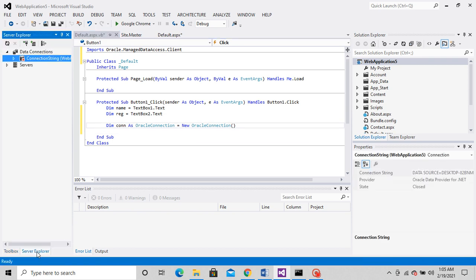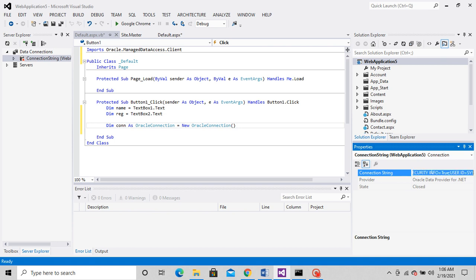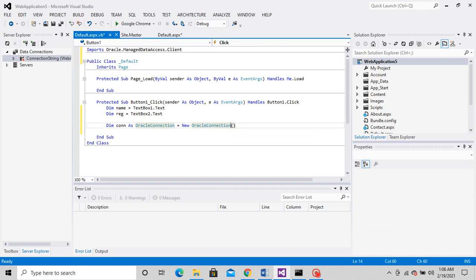So for this I need the connection string. For this, just go to the Server Explorer, click here and look at the properties. You can see the connection string. Just copy the connection string and within double quotes we have to paste.